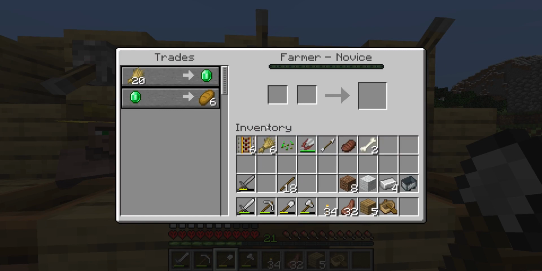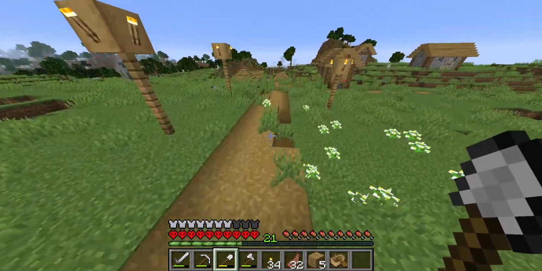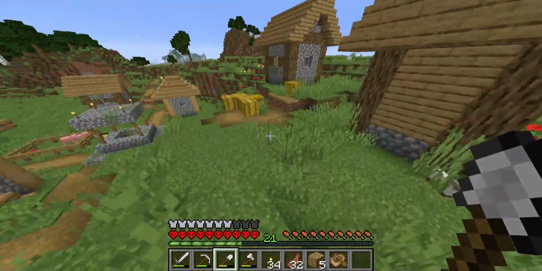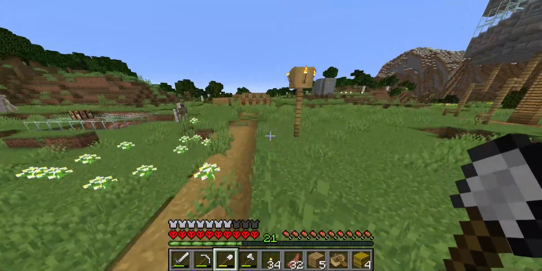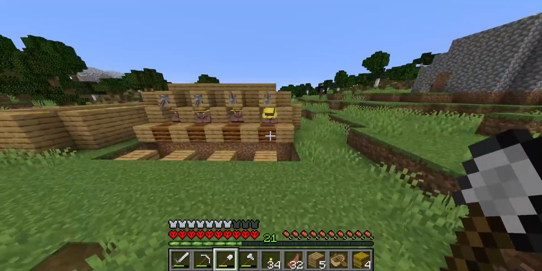Okay, I need to try and trade with this guy, Stat, because he has what I need. A trade to give me emeralds. Okay. That should get me. Please don't reset your trades. If you're wondering why I'm rushing around, it's because